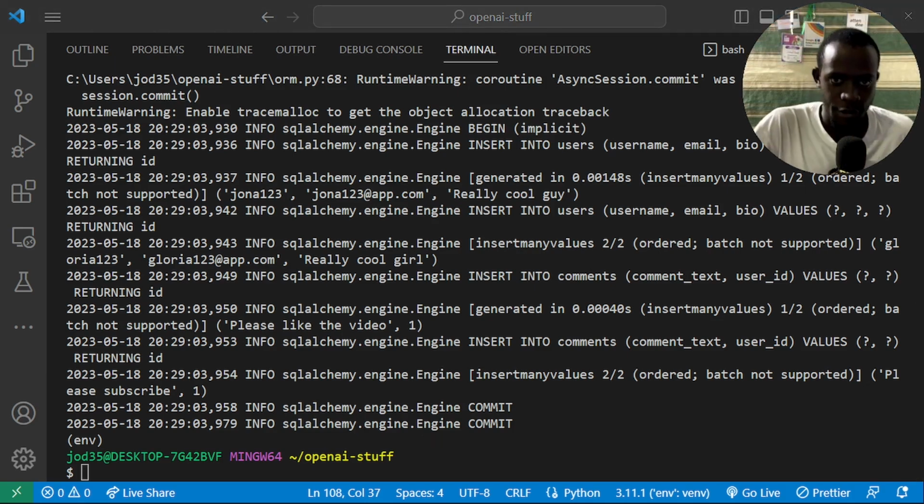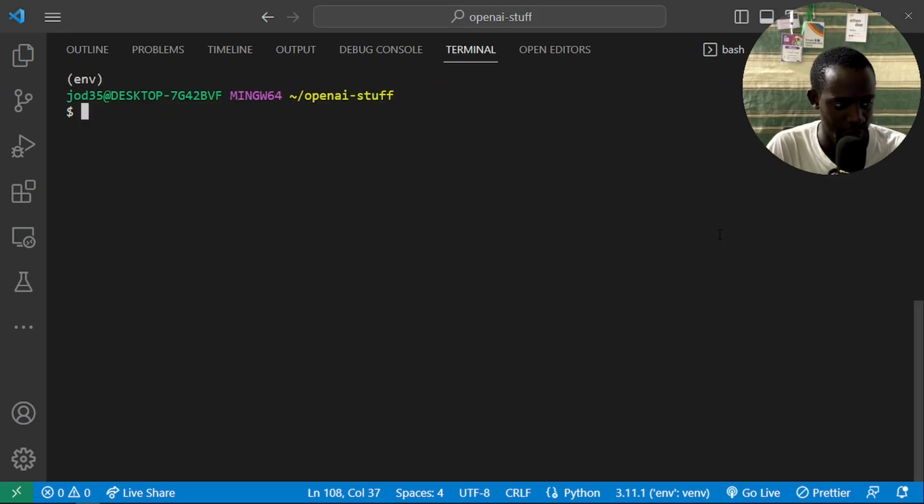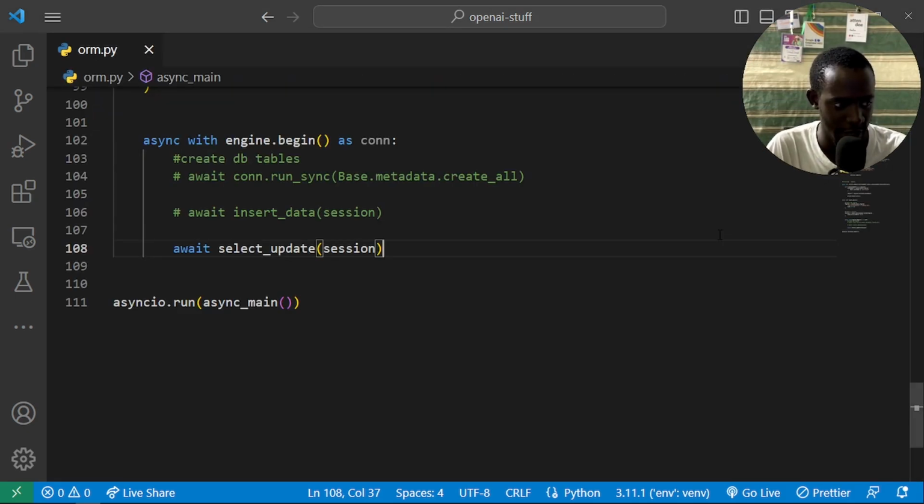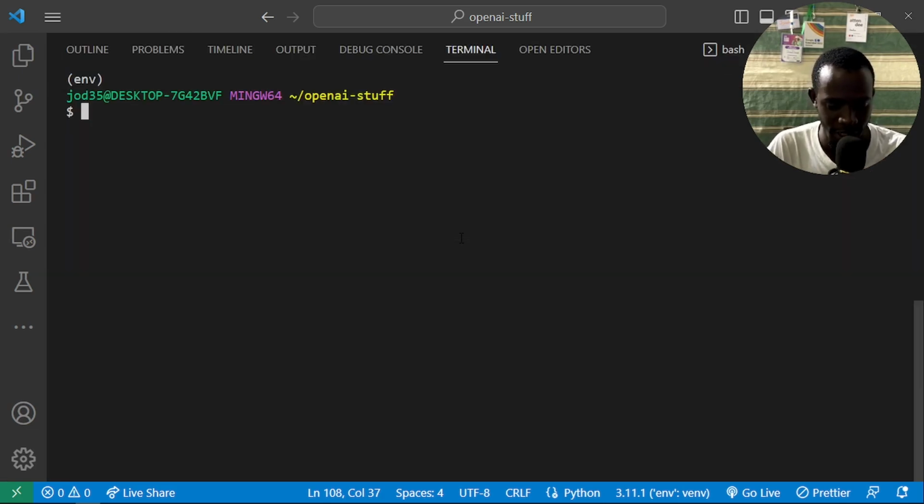All right, so when we continue this, we can now run our Python. I'm going to clear my terminal with Ctrl and L, and now run this with select update so that we see our result being returned. So if I pull up my terminal and run python orm.py,